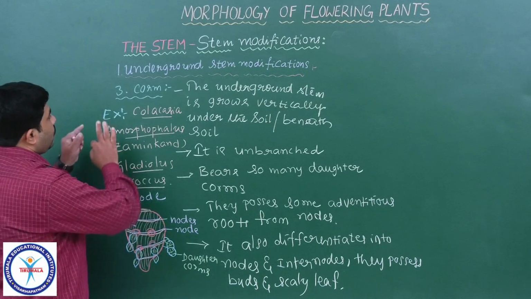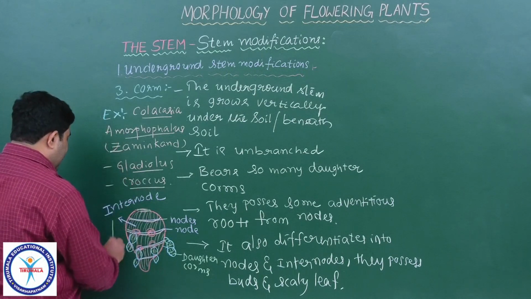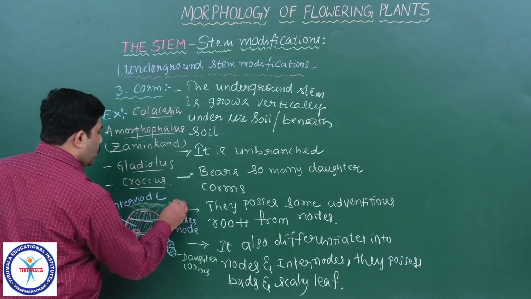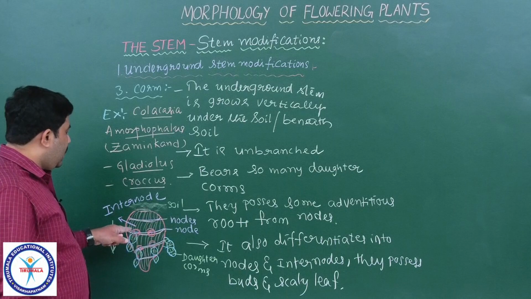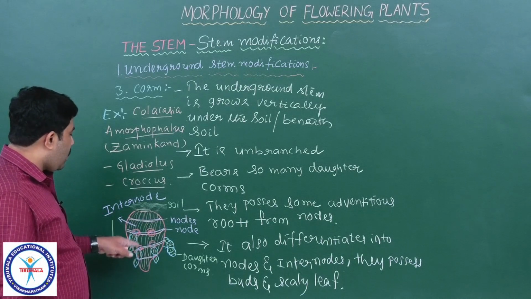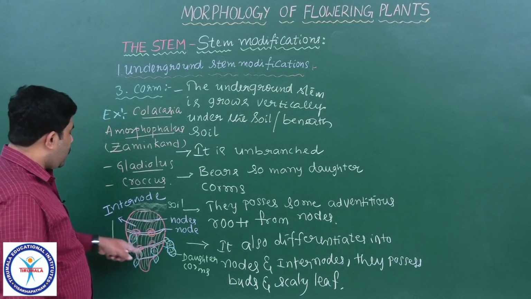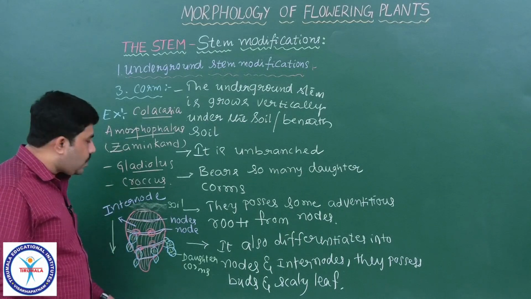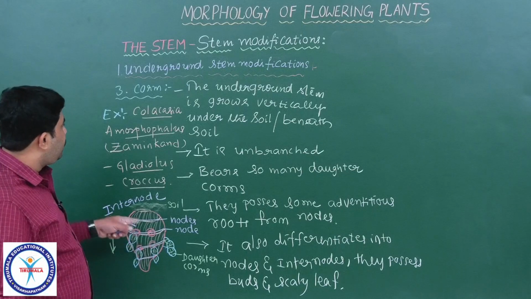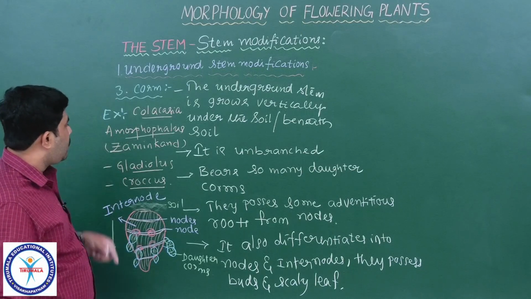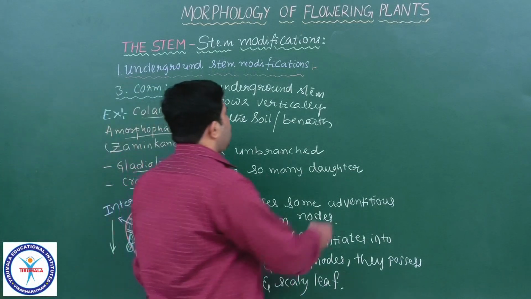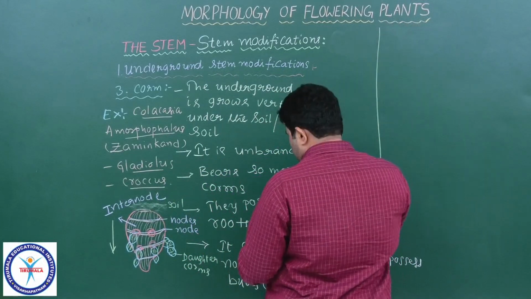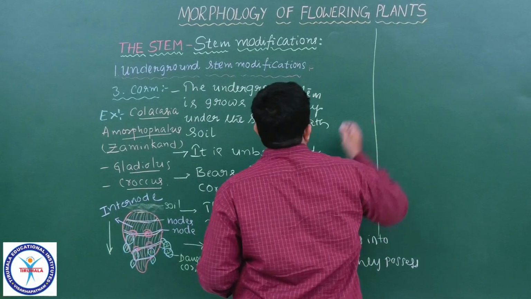These are called corms. Corms grow vertically into the soil. This is the portion which we are calling soil. Understood? Under the soil, this is the stem which is modifying by storage of food. It is going to be swollen and vertically it is growing into the soil. This type of development in the stem is called corm, a type of underground stem modification. Next we are going to discuss another type of underground stem modification, which is